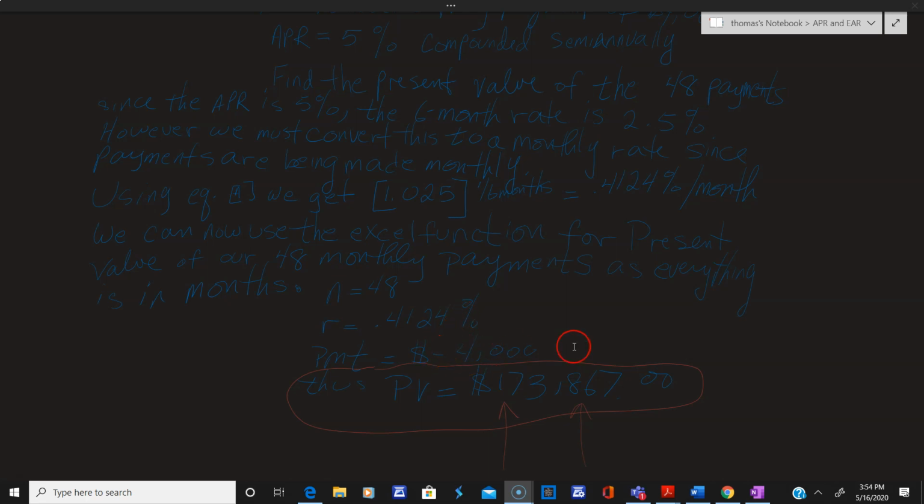Now the payment is $4,000 a month, but I make that negative because that's coming out of your pocket. Excel always wants to see money coming out of your pocket as negative. And when I pop it in, Excel just pops the number right out, and it says the present value of 48 payments at 0.4124% a month, compounded every 6 months, for 4,000 is